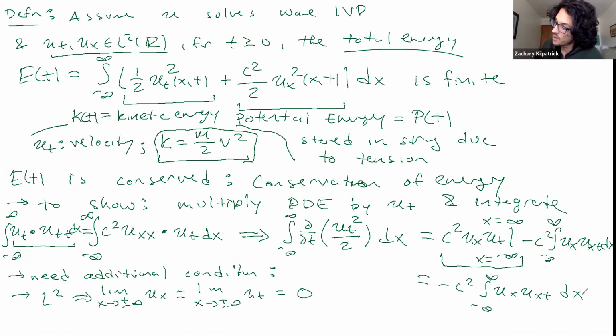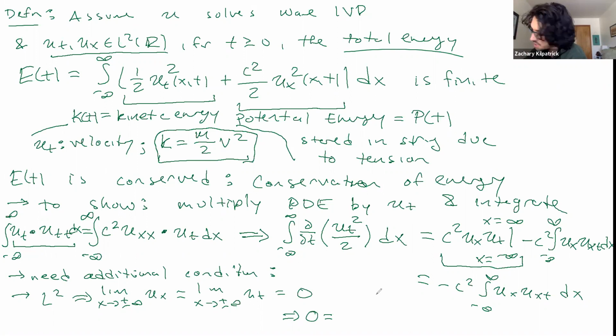So we're very close to something that looks like what we found for our conservation of energy. We just need to move that term over to the left-hand side, so we can write this now as